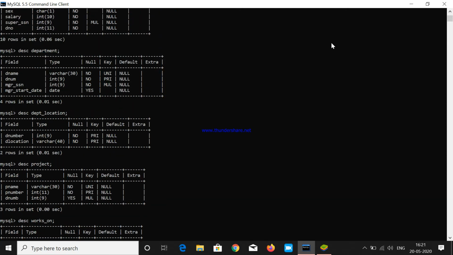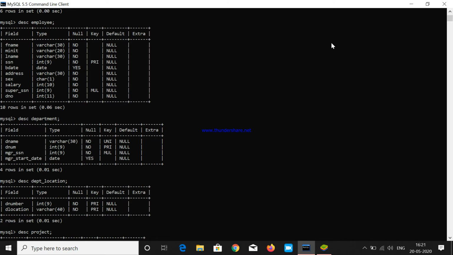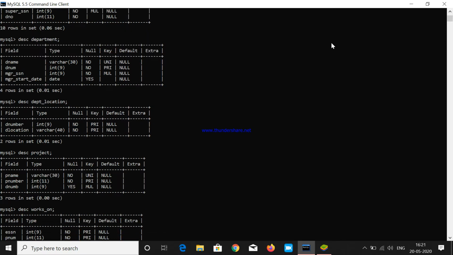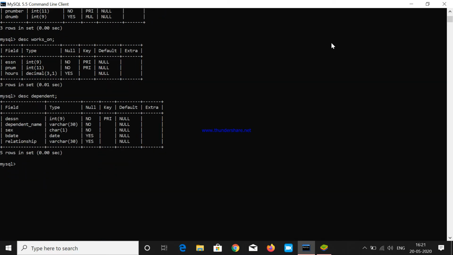So from here I have described all the tables which I created in this database. We have inserted the values for these also. So now let's start with the queries.